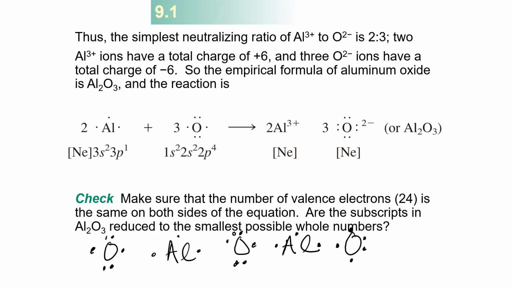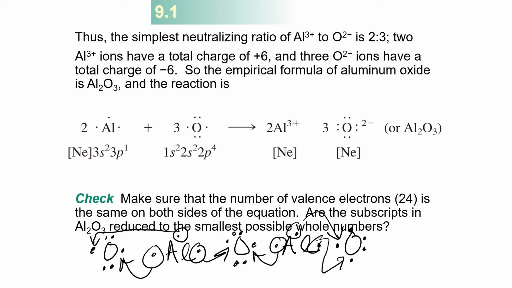Okay, so this oxygen needs 2 electrons. So this aluminum is going to transfer 2 to that. This oxygen needs 2, so it can give its third one to this oxygen. This aluminum can contribute the second one here, and then of course this aluminum is going to give 2 electrons to that oxygen. So everybody has the electron configuration of a noble gas, and